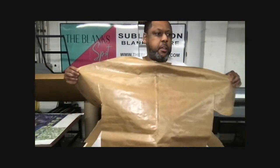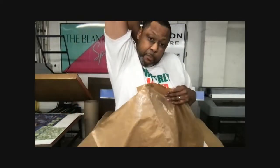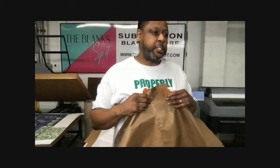So do you see my jig? My jig has my sleeves out. My sleeves are not curving down. They're out. Some people are selling these images, and they're selling these